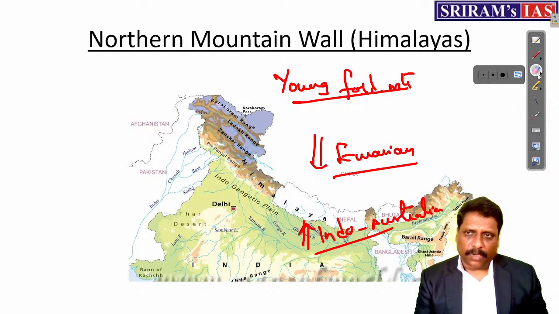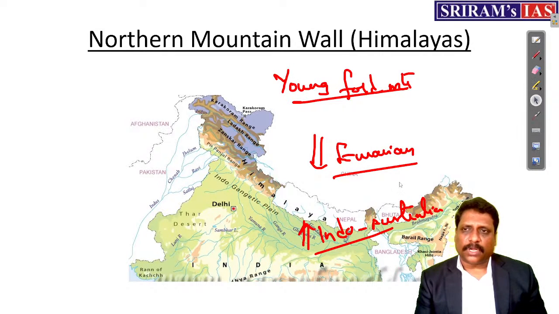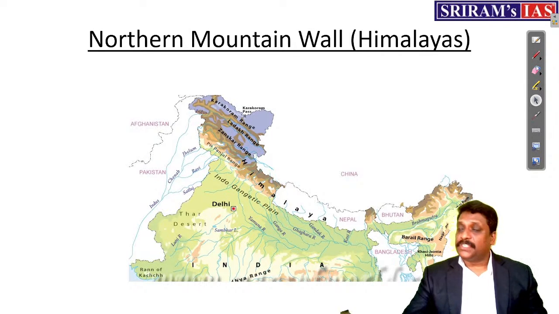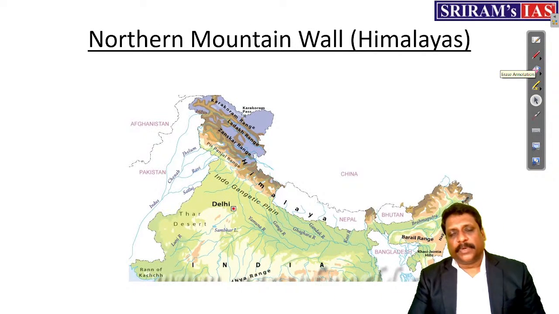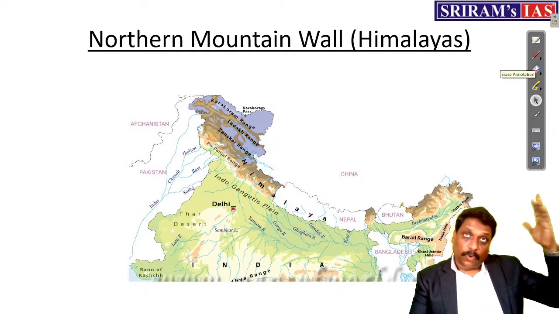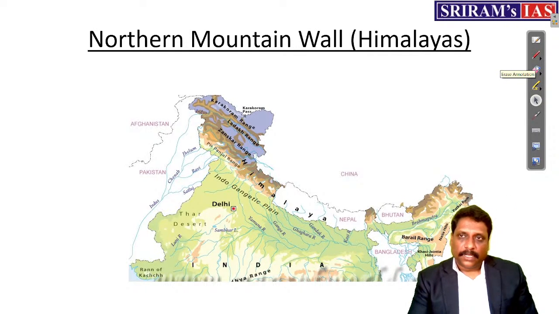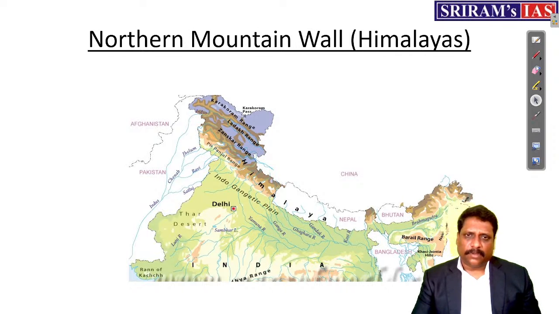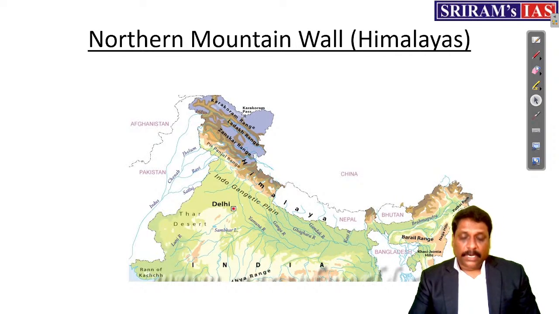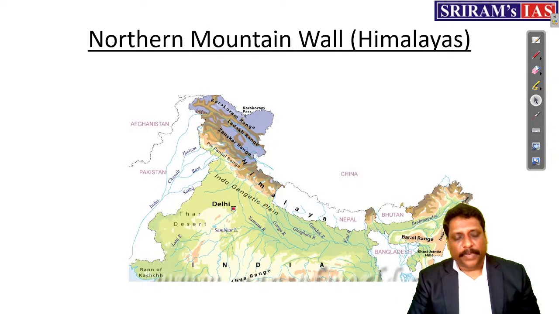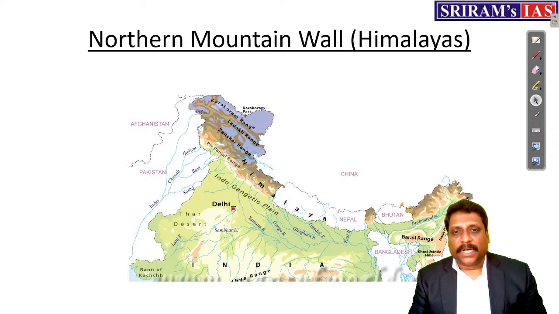Today it is a mighty mountain, but until recently this mountain was what? A sea, an ocean. Am I right? Tethys Sea. Tethys Sea got transformed. See the beauty, my friends. Once a sea, now a mighty mountain. But what about Aravali? Once mighty, today nothing. Am I right? Life keeps on changing, my dear friends. That's a clue I should take for any examination or even for life. What I am today doesn't determine what I'll be tomorrow. But somewhere I have to work hard to become something like Himalayas in the future.